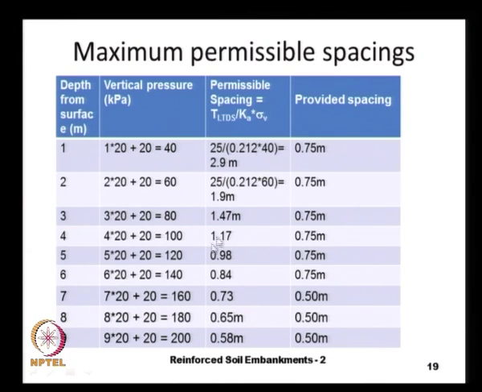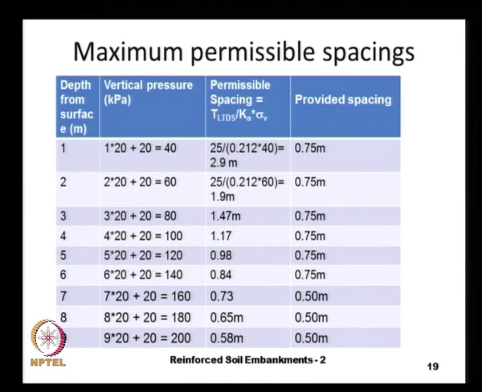If we equate T to that, our spacing comes out as T by Ka times sigma v, and this we need to do at all the depths, at some convenient depths. So at a depth of 1 meter, the vertical pressure is 40, so it is 25 by 0.212 times 40,